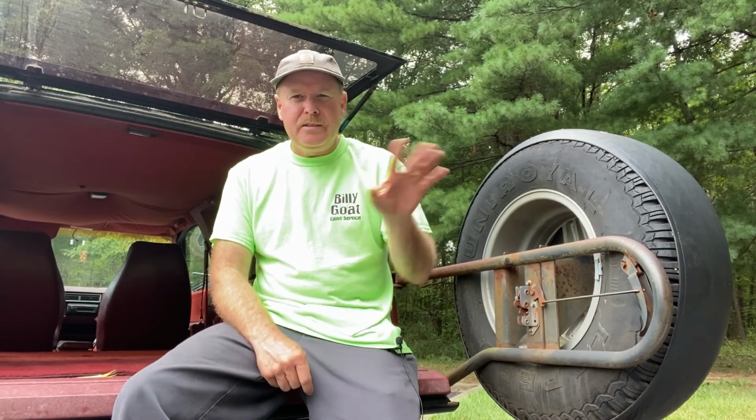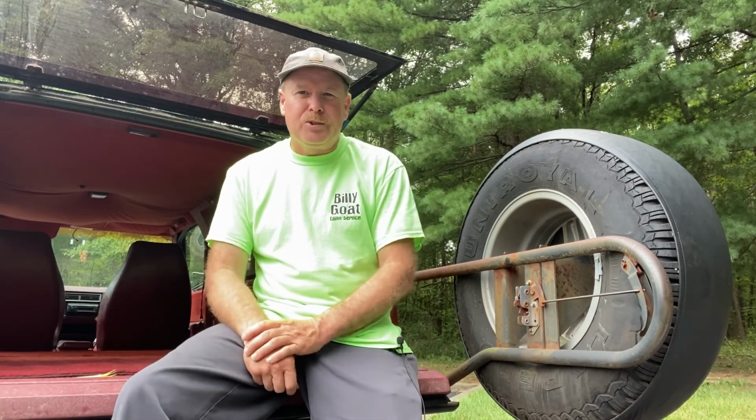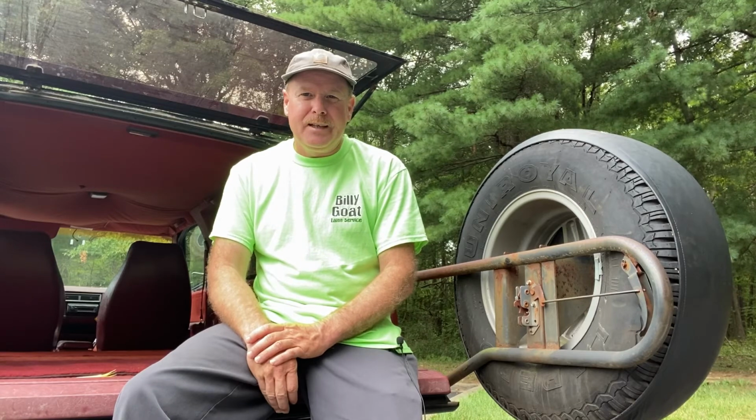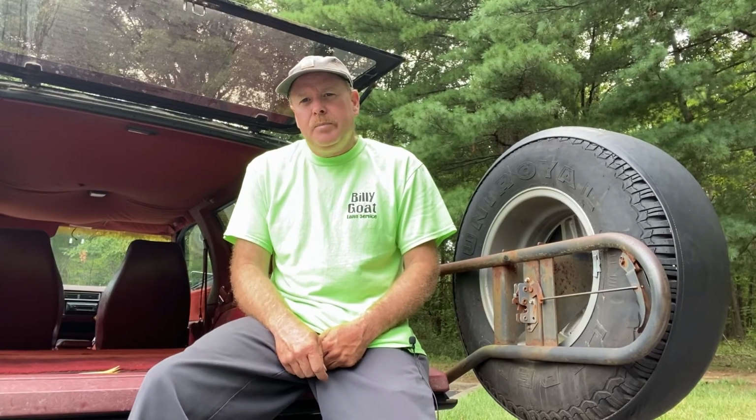And I said, well, I'll bring it home and bring it back. He says, oh, don't worry about it. You can keep those straps. He says, I got tons of them. So that was nice. So I got me a nice set of heavy duty cargo straps out of the deal too. So I was pretty happy about that. Got the lawn tractor home, and from that point I started acquiring larger properties and started expanding the